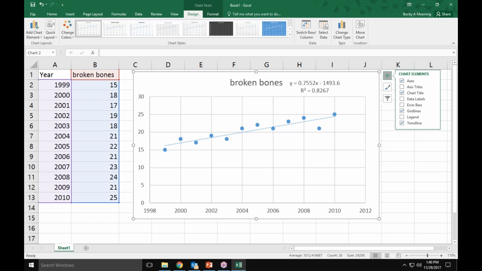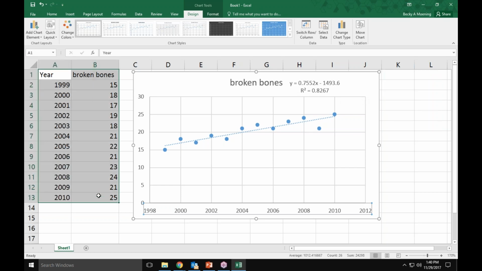Oh, perfect. Always remember, the tricky thing with the y-intercept is that x has to be 0. And if you look at your x-axis right now, our smallest x value is 1998. 1998 is not 0. So because of that, they would have to take this line and go all the way out to year 0 in order to find the y-intercept. And they do that with the point negative 1493.6. Right? Now, we're going to come back to this in a second, but I want to